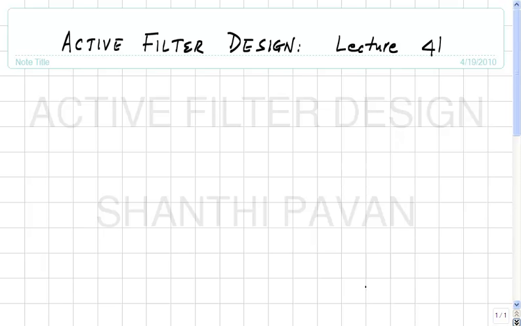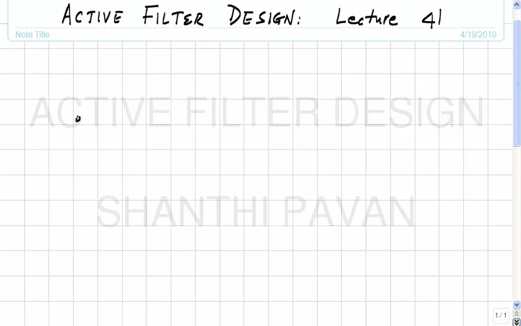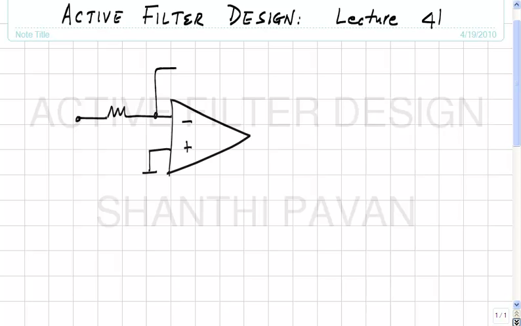Alright, so this is active filter design, lecture 41. In the last class, we were discussing ways of implementing this voltage controlled current source. We have already discussed why it makes sense to use a voltage controlled current source in practice rather than a